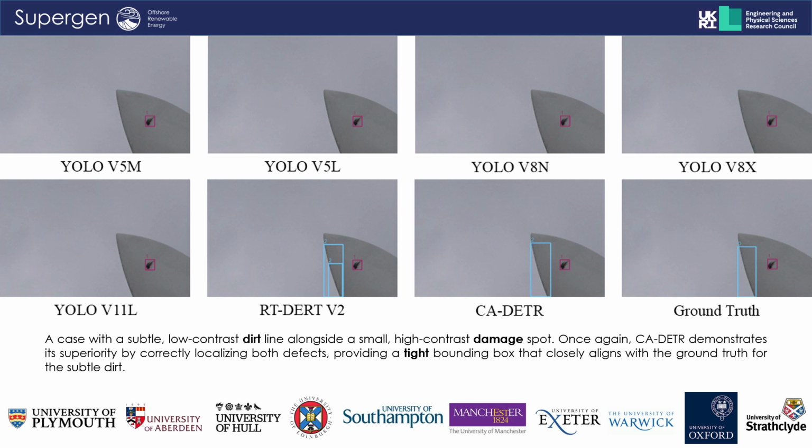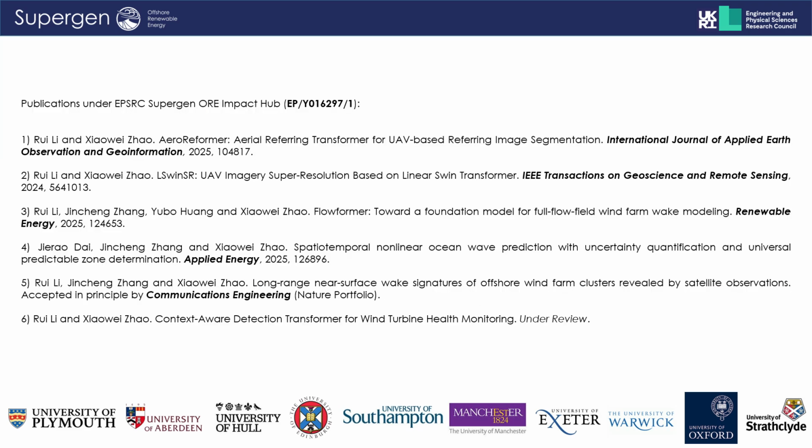Again, our method correctly localized both defects and produced a tighter bounding box for the subtle dirt region. This indicates that the model is not only good at detecting obvious damage, but also better at identifying weak or ambiguous anomaly signals. To conclude, this slide summarizes the research outputs